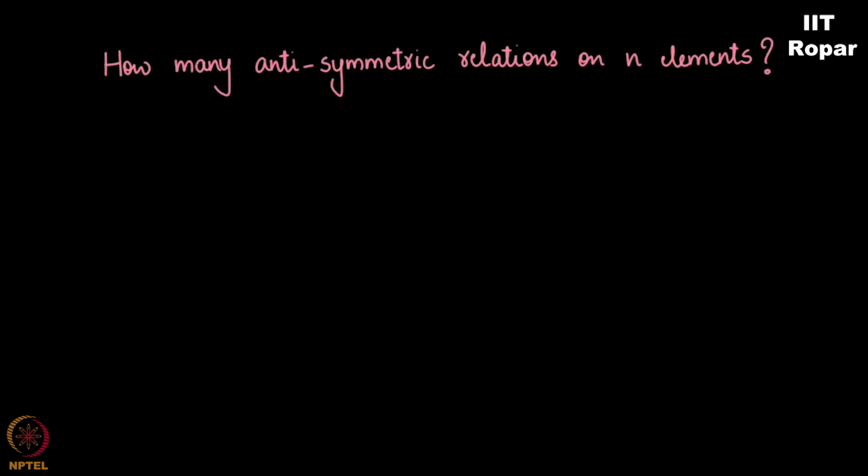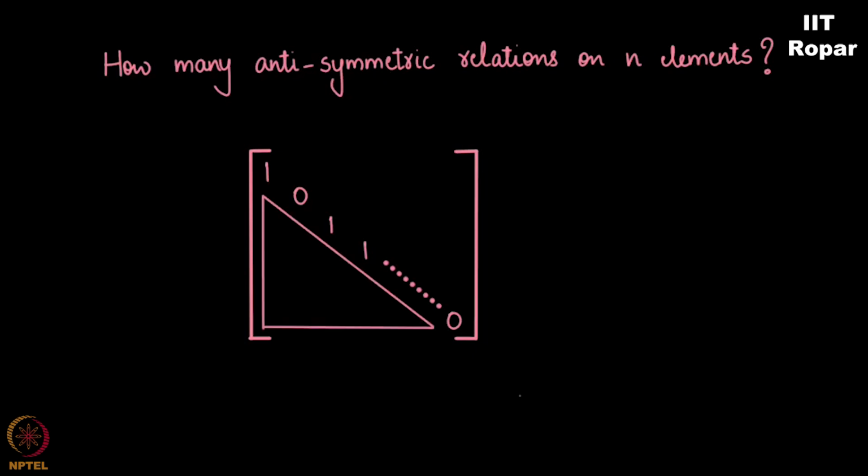Alright, let's see what is the definition of antisymmetric. As always, for counting, it helps to see the matrix corresponding to the relation, right? Look at the diagonal, and then look at this, which is actually called the lower triangle. This one is called the upper triangle. I have not been using these jargons, but let's use them from now onwards. Okay, here is a lower triangle, here is an upper triangle.